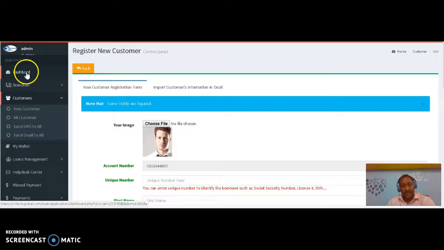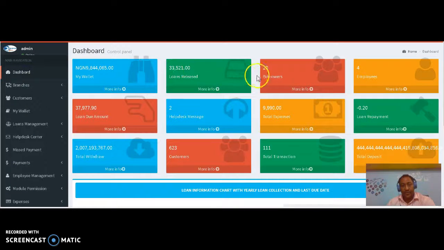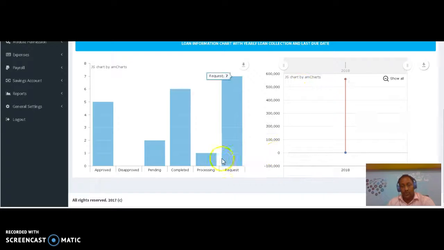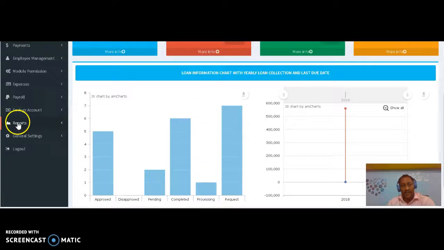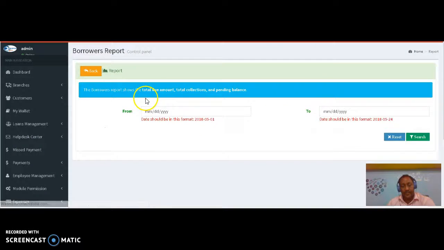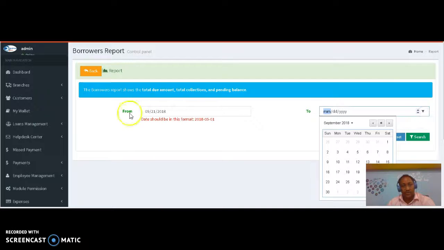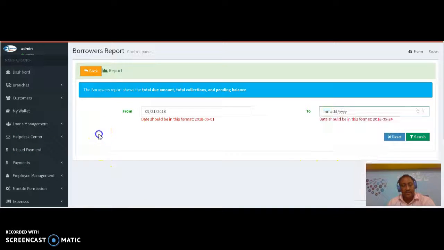We are going to make it very nice and friendly for you. You will see here the complete details about loans released and loan due, and total expenses, loan repayment, total withdrawal, total transaction, and total deposit for sure. Here is a graph, which will show you all the details. And here are the reports. If you want to take a specific report from a specific date, you will choose the date from which date to which date, and you can export it in CSV file or Excel